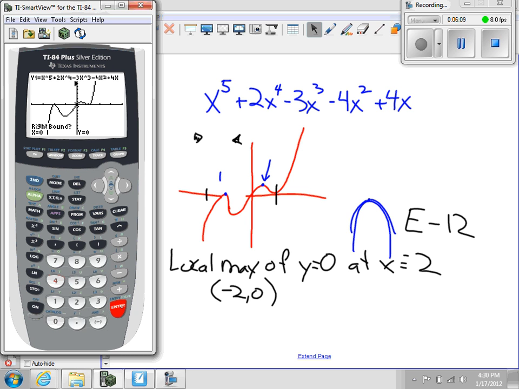And I'll choose as my right bound, well, I'll choose 1. That should be okay too. 1 as my right bound. So that's the interval that I'm looking at. I don't want to make a guess. I push enter. And it's telling me I have another local maximum of y equals